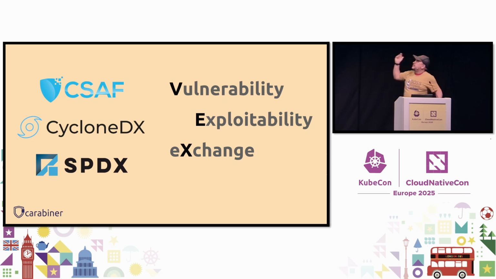And then there's a VEX flavor in CSAF, the Common Security Advisory Framework. It makes sense to have it there because once you publish a software advisory, you can also issue VEX in the same format. There's one flavor of VEX in both of the SBOM formats, one in CycloneDX, one in SPDX,